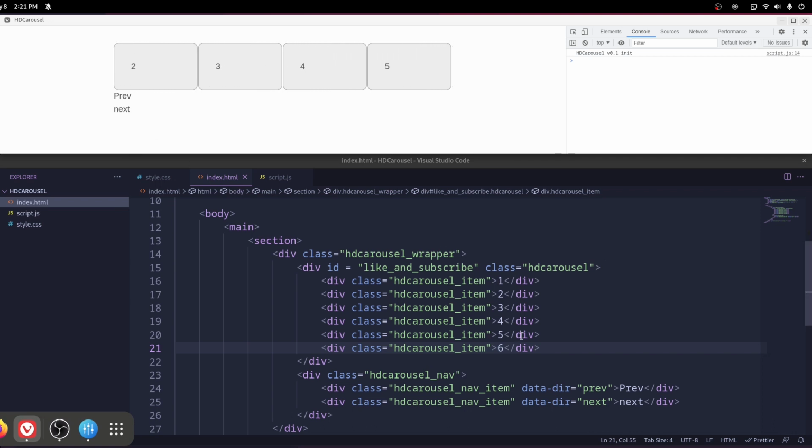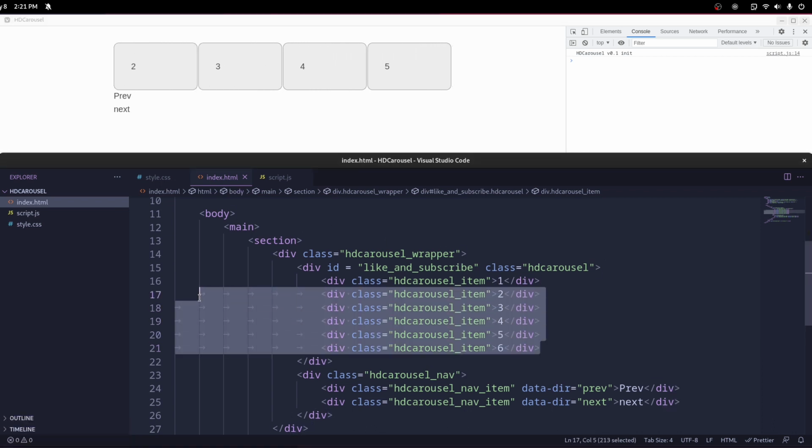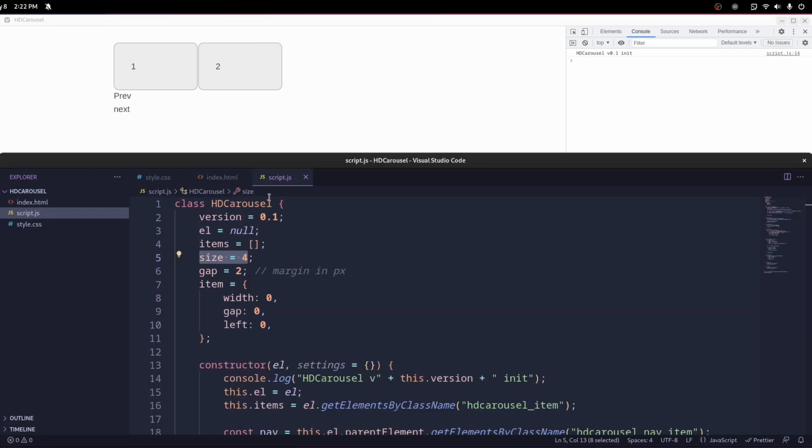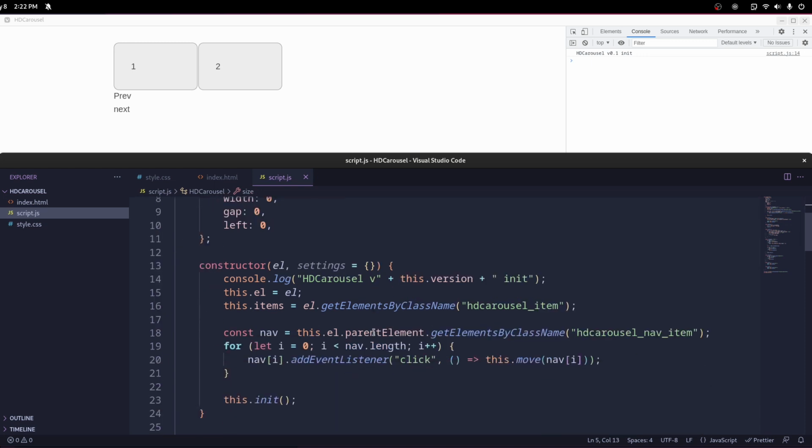And the reason is because we have the total number of elements. So let's actually change this down to 3. We have the total amount of elements is greater than or equal to the size plus 2. So let's actually detect that. Where would be a good place to detect this? Should I do it in the constructor? Or should I do it